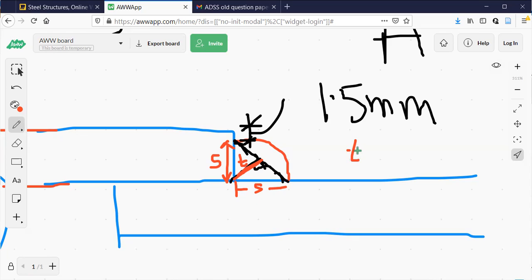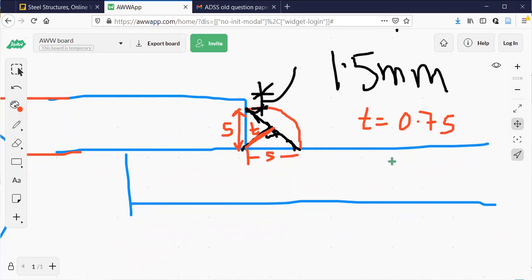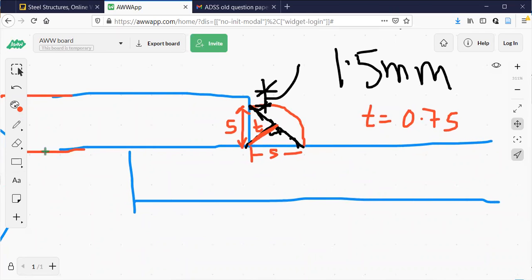So T, in terms of size of the weld, is 0.707, but we don't consider that much, only 0.7 times the size. You need to imagine one plane. It is an inclined plane right now because the dimension is T and the perpendicular dimension is L. I'll try to show it. It is not easy to show that plane actually. Later on I'll show the photograph of that. But see here, I'll try to draw this. The plane will be something like this, the plane which is resisting the force.